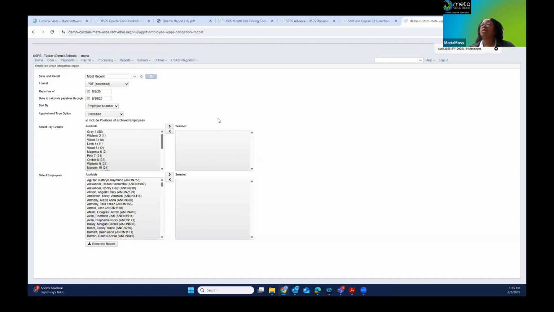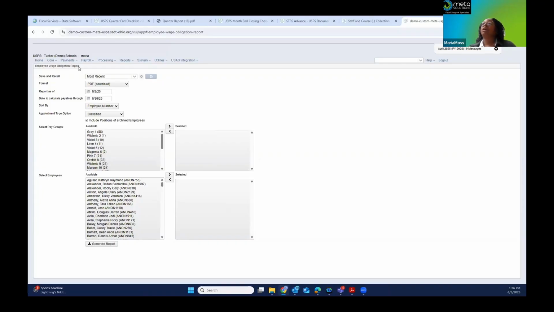I believe this is a report that you'll definitely want to process during this time, because if you process it at a later date, the information is different. So definitely process this in June before you close the quarter. And you'll want to save this for the SCRS liability report for your auditors.